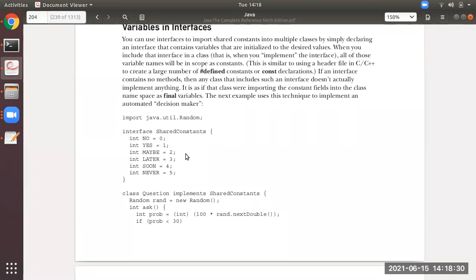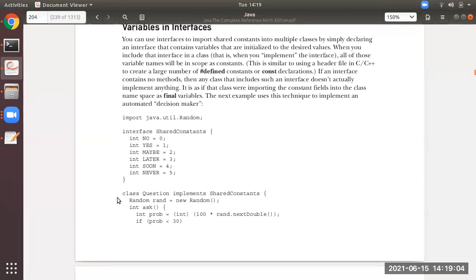Its general form also I have shown you: an interface is like a class, but it is not a class. The programs you have seen show that an interface consists of methods which are only declared, that is, abstract methods. Apart from that, as in the general form, you can see that apart from the abstract methods, it can have variables also. So that is what variables in interfaces means.